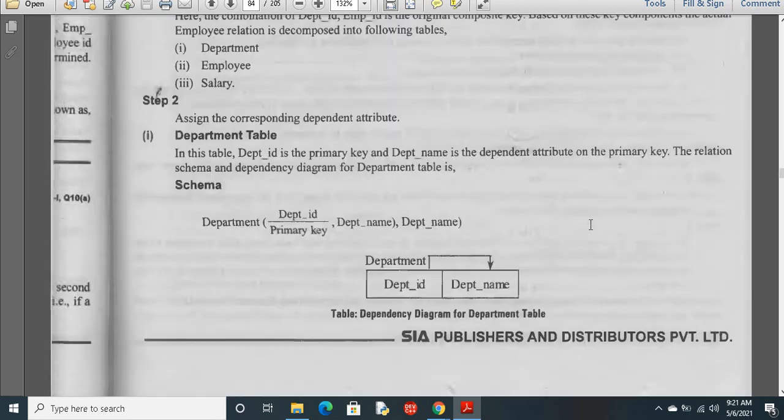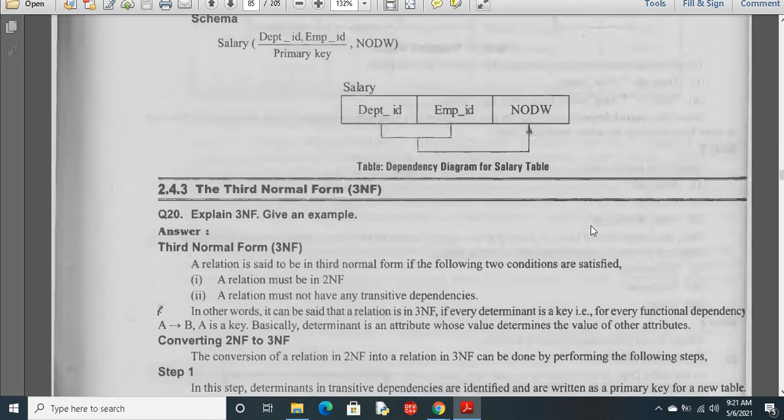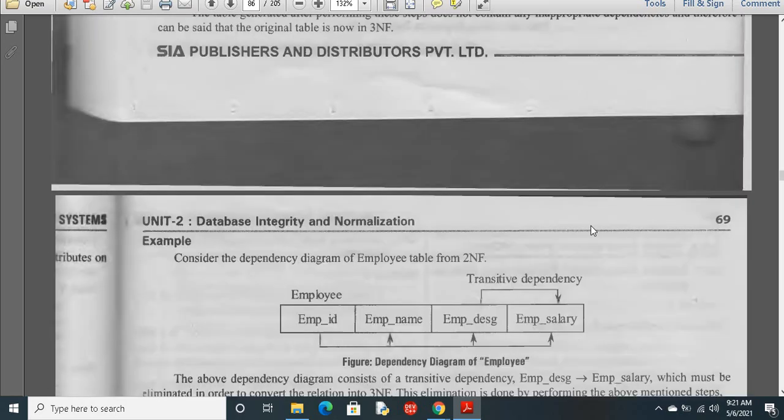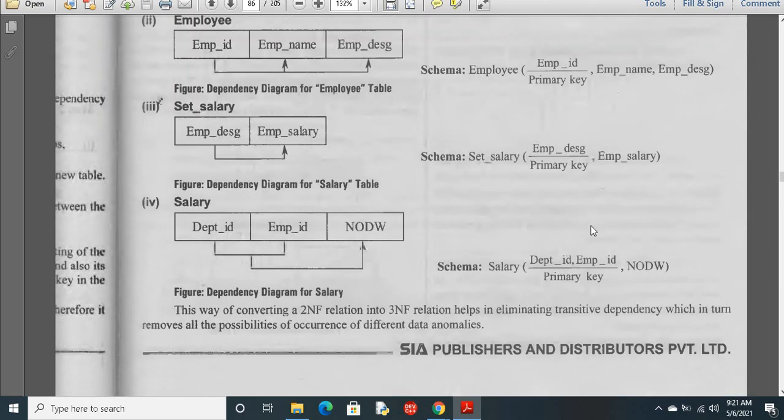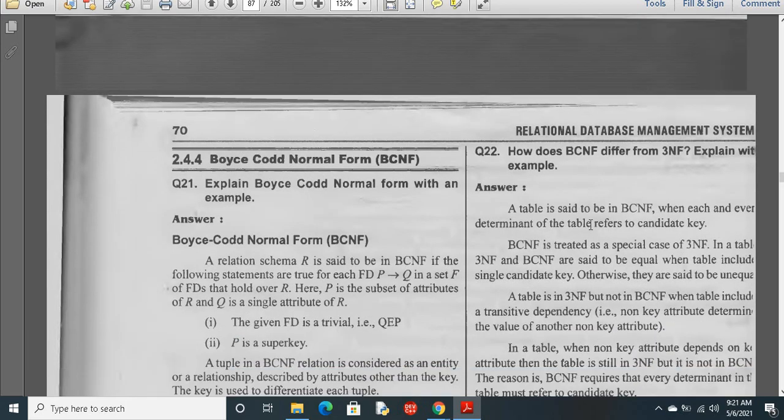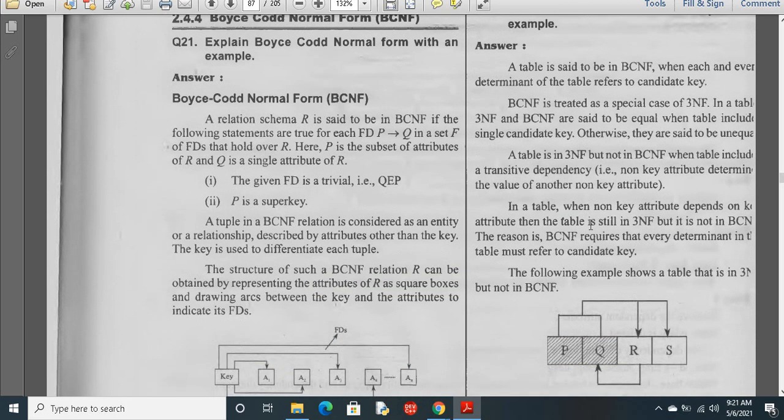And then next part we have Boyce-Codd normal form, BCNF. A relational schema R is said to be in BCNF if the following statements are true.